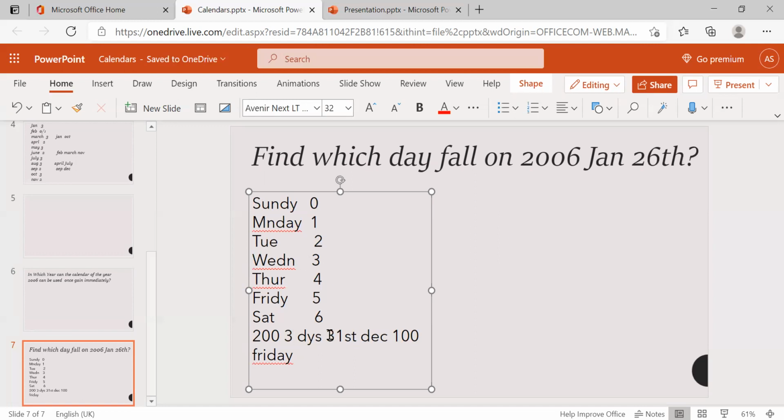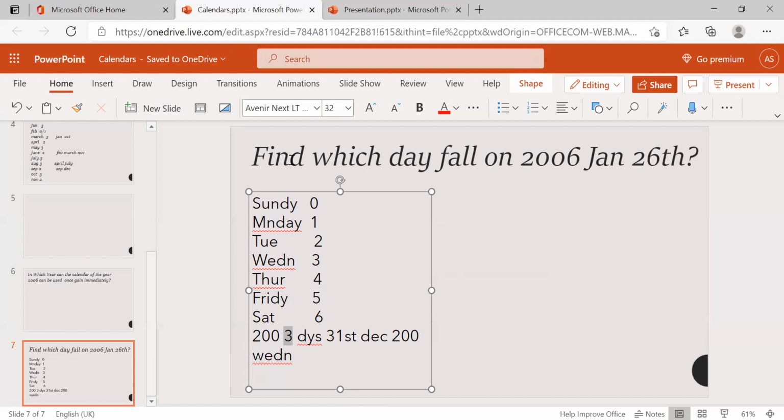That means the last day of the 200th year, 31st December, is Wednesday. Like that, the last number we get for odd days indicates the day.